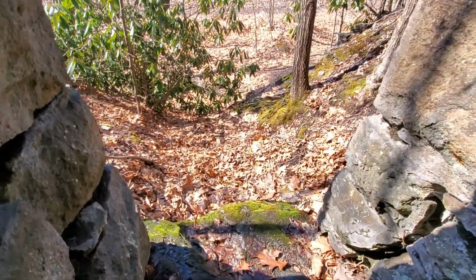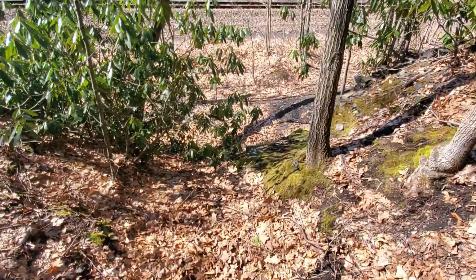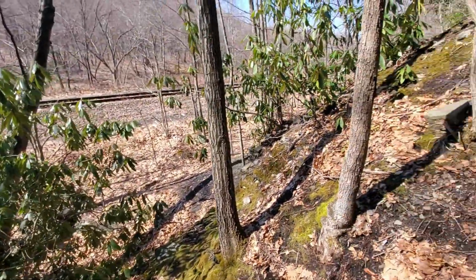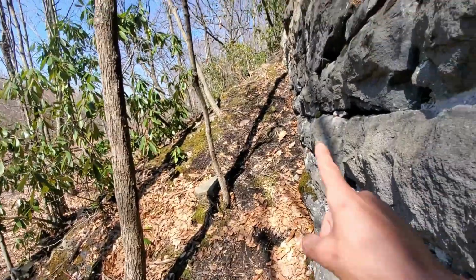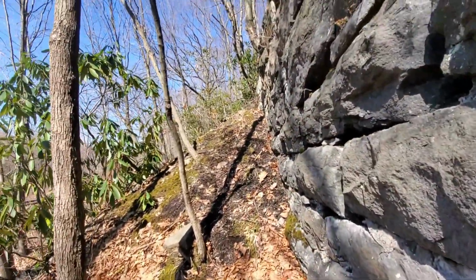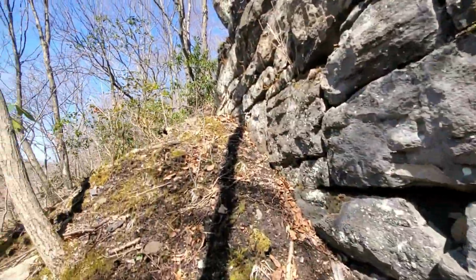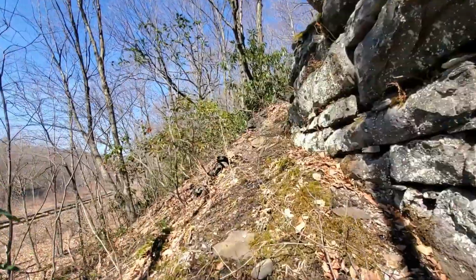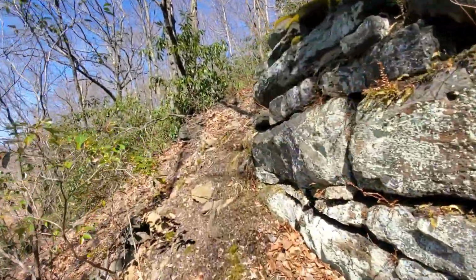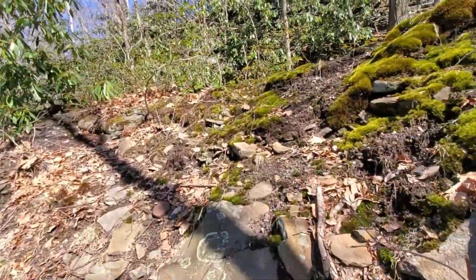And again, I just found this yesterday out on my hike. And now we'll take you right along the top here, and I'll show you how everything would have worked. And there's actually multiple parts to this culvert. We'll get up here first and